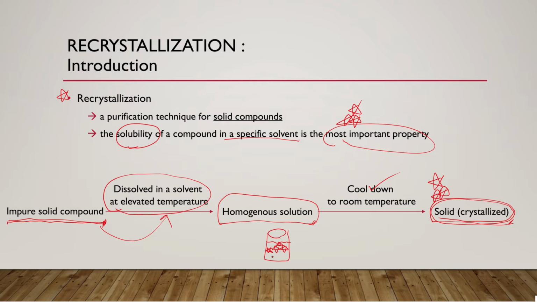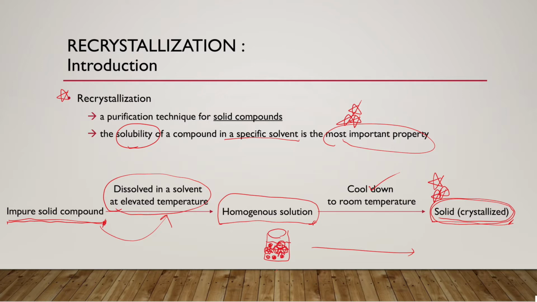But we also have these impurities dissolved in this homogeneous solution. When they cool down, only these pure molecules have a tendency to combine with each other and crystallize. And these impurities, the circles here, the circles are impurities. These guys cannot just